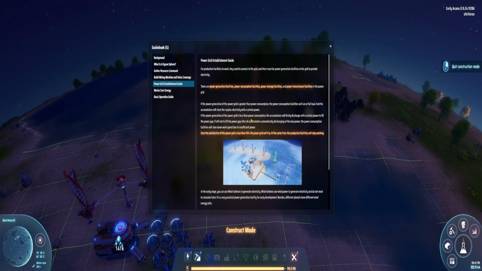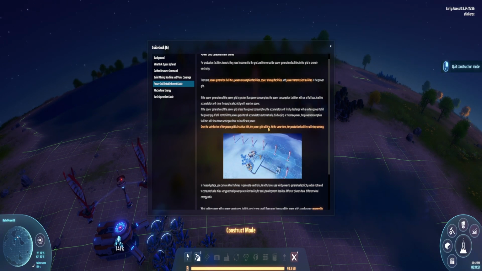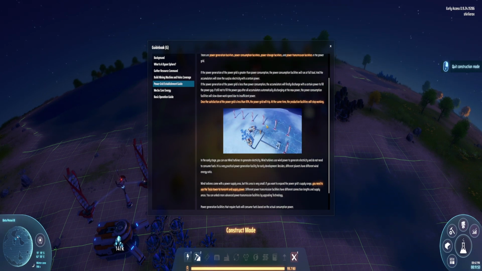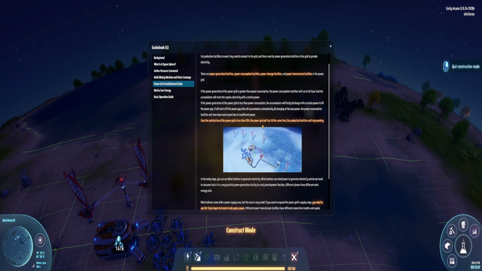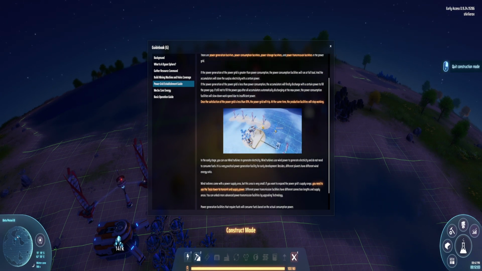If the power generation of the power grid is less than the power consumption, the accumulators will firstly discharge. What? Once the power satisfaction of the grid is less than 10%, the power grid will trip. At the same time, the production...